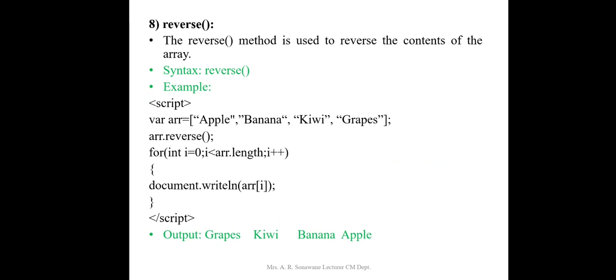Now the next method is reverse. The reverse method is used for reversing the contents of an array. Already in the sorted descending order function example, we have used the reverse method. So here also, if you create an array, that array will be used simply with a reverse function. So depending on the reverse part, whatever elements are present, those elements will be reversed.